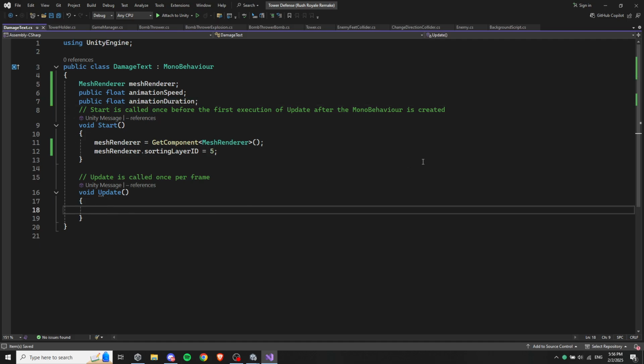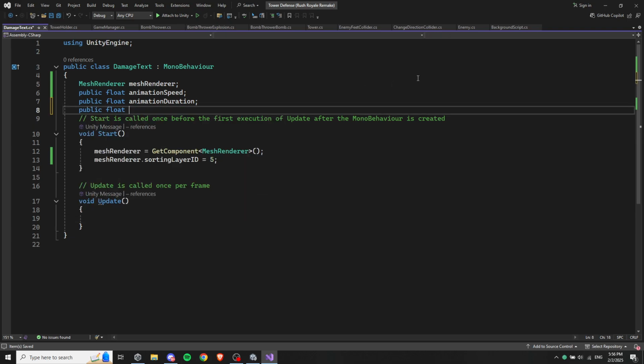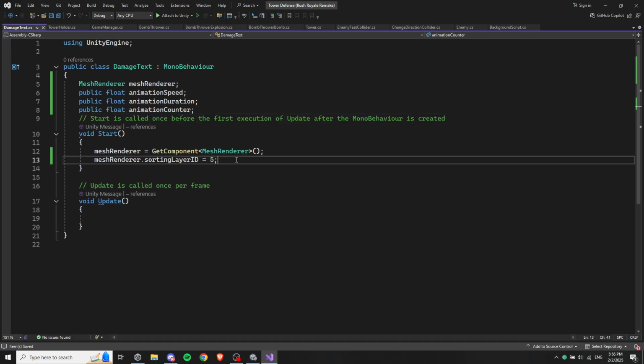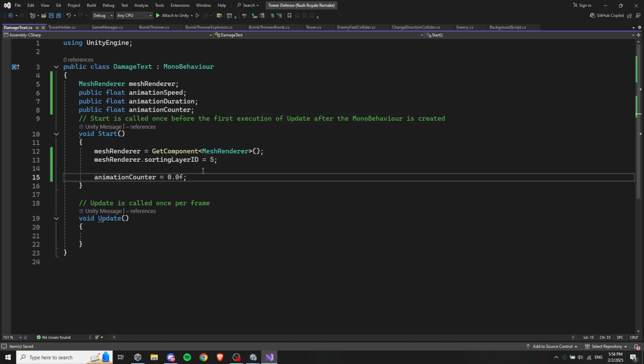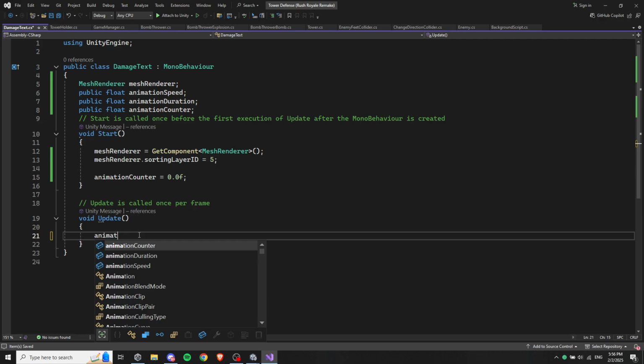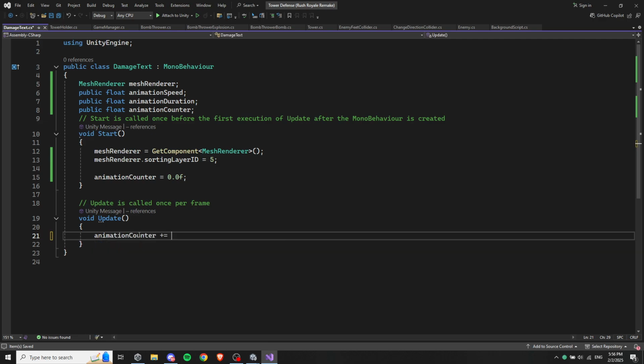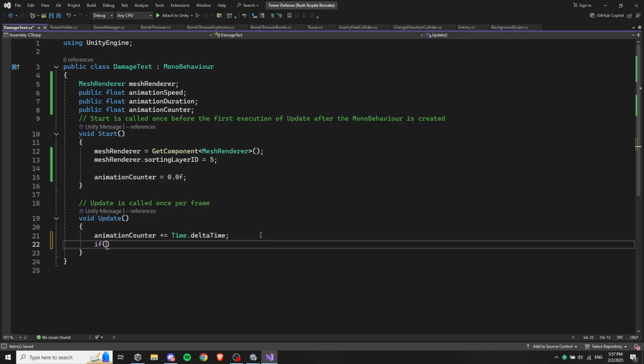And now here in the update, we want a counter. So animation counter. Then this counter will start from 0. So here we add Time.deltaTime, the time difference between frames. So in other words, we count time in this variable. And if this is bigger than the duration of the animation, so if we reach the end of the animation,